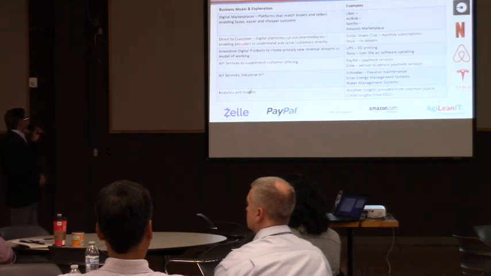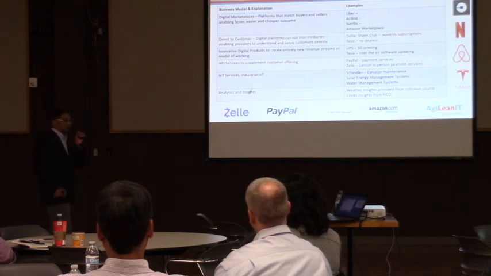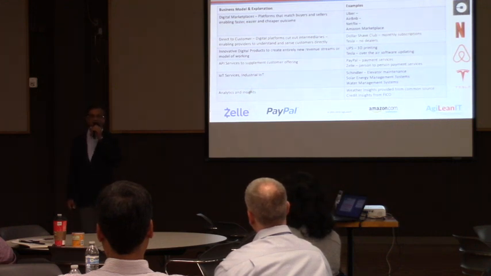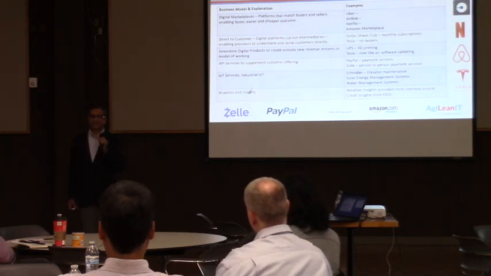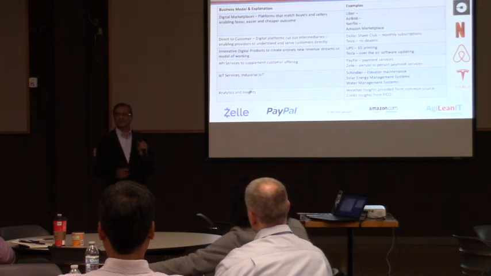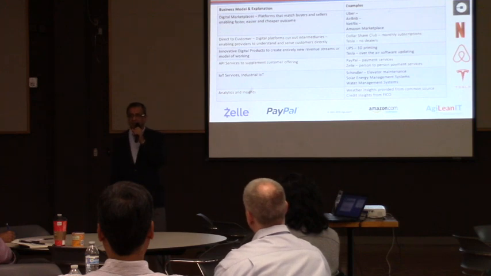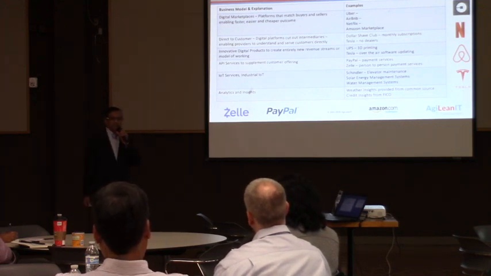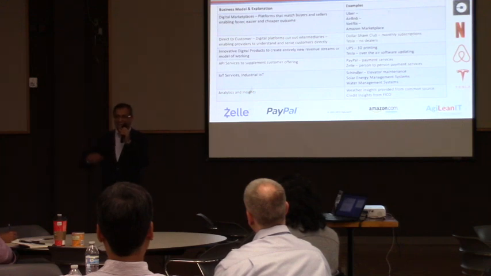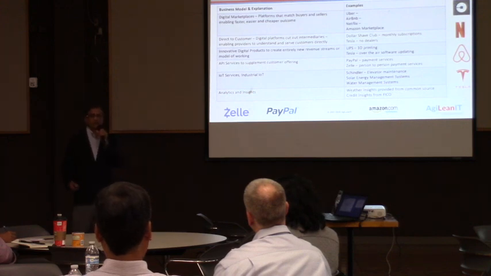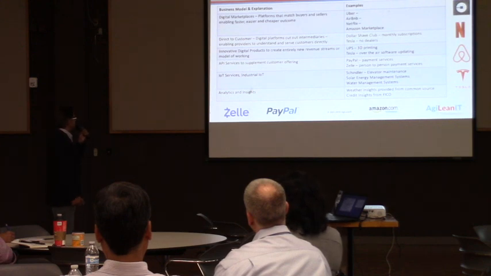into digital. Similarly, direct to customer, you've seen digital platforms that cut out intermediaries, Dollar Shave Club. How many of you have heard of Dollar Shave Club? Yeah. So it's a $1 billion company that got acquired by Unilever, and they became successful overnight, kind of thing. It's a digitally native company. Tesla, there are no car dealers at all. You can order the car and they ship it directly to you. These are all new ways of delivering programs, delivering customer experiences. UPS, 3D printing, Tesla, all of these other companies,